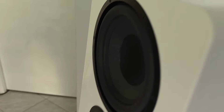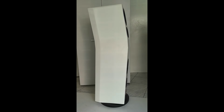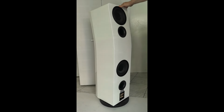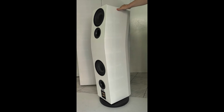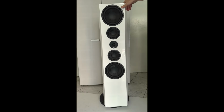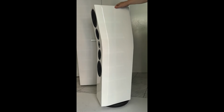lot of drivers. They are in total in both two speakers there are 8 woofers, 4 per speaker, 8-inch each, so it has drivers both sides, I mean in front and in the back on the rear. 8 inch bass drivers, and they have in front 2 mid-range drivers 5.25 inch, and in the middle there you can see the tweeter, which is very well manufactured,